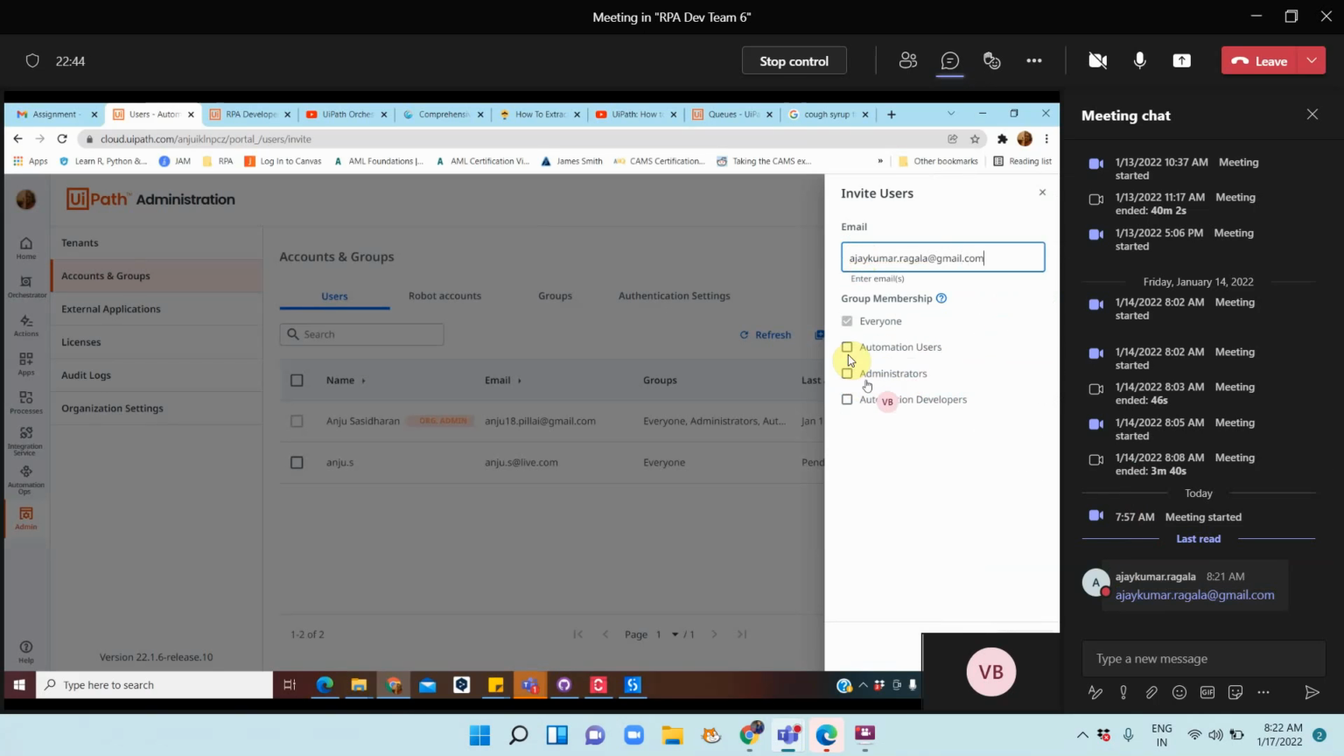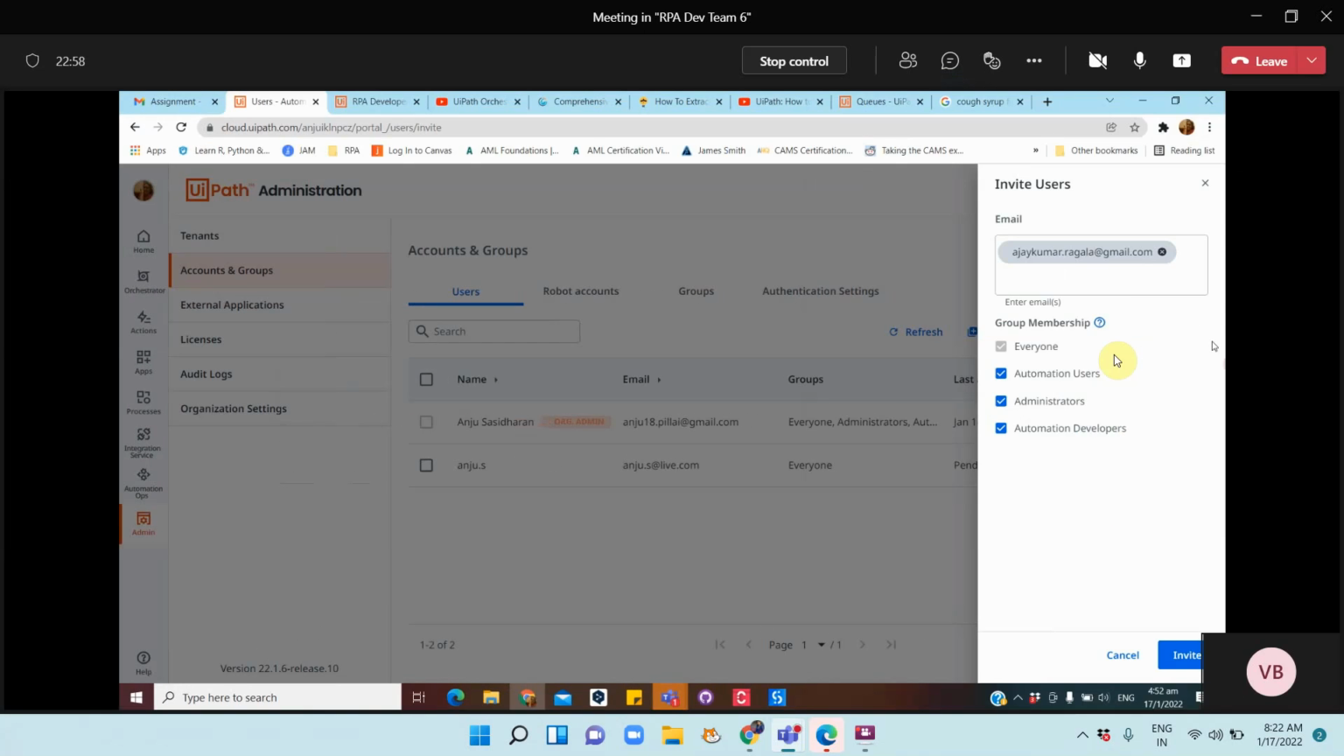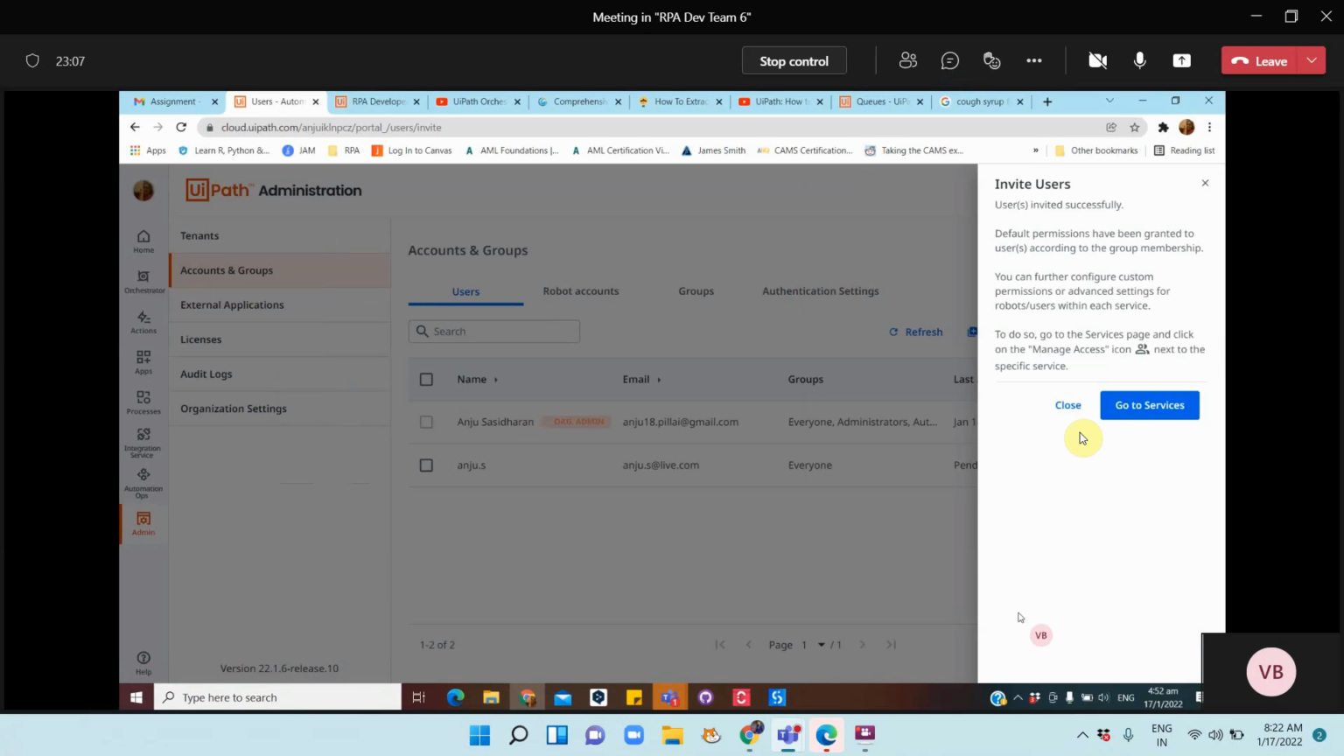Okay, so we are giving automation user access because he needs to use it. And administrator access because he can administer this particular item or administer developers. So these are roles. Okay, and these are groups where someone can give access to someone else. Invite. Now Ajay, can you please